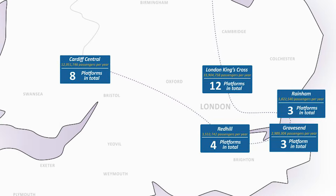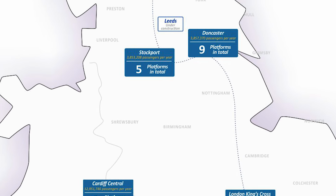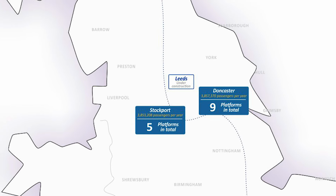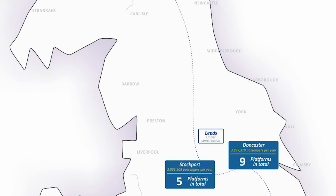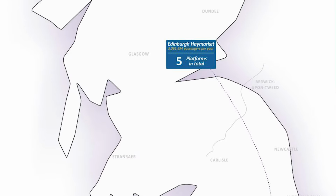I'll be doing those tomorrow, along with you. Then go to King's Cross, go up the East Coast main line, go to Doncaster. King's Cross has got 1, Doncaster's got 1. At that point, get a Trans-Pennine Express train over to Stockport, which has a Platform Zero. Spend a small amount of time there, then just go back to Doncaster, and then the home stretch is to go up the East Coast main line up to Edinburgh, where not Waverley, but Edinburgh Haymarket has got a Platform